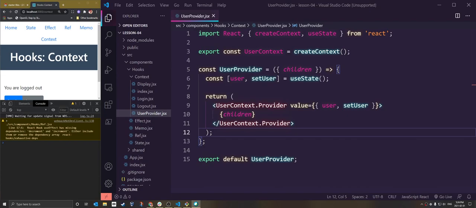There you go. Save that. And now it appears to be working. Just like a general piece of advice, inside login.jsx